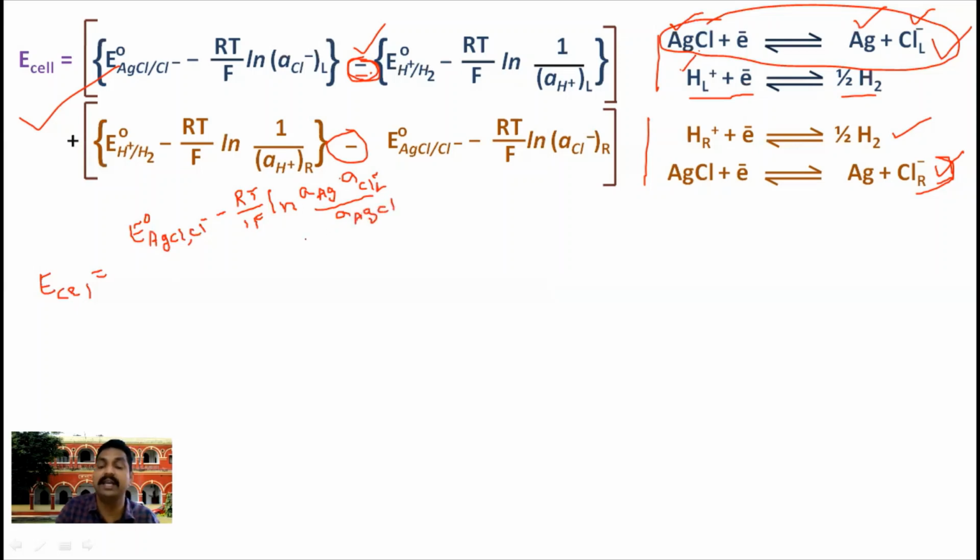तो यहाँ पर पहला रिएक्शन का हो गया. Now come to second one. Here reduction we have written, but in actual what is happening? Oxidation. That is why we should take minus. So minus, यहाँ overall हम bracket में रख देंगे. So minus, so here what is the standard half cell? Hydrogen electrode. That is why E naught H plus to H2